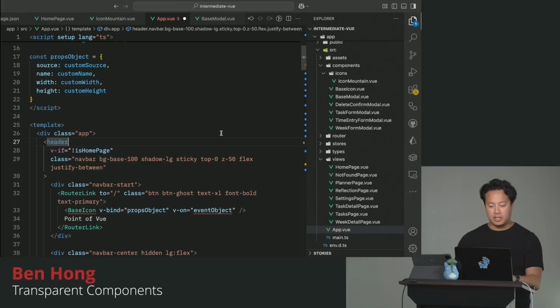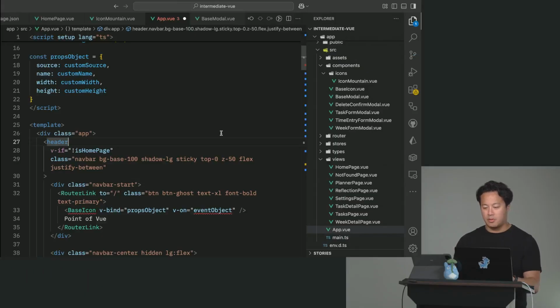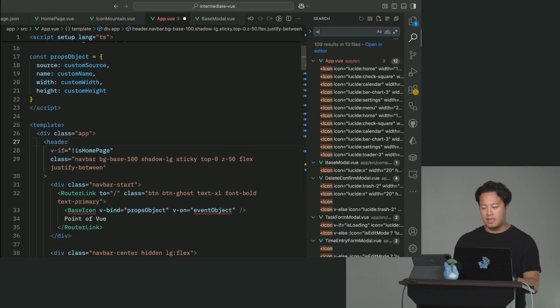Next thing we want to talk about is transparent components. This is where this is going to become actually rather critical. We're going to take a look at our code base. And one of the things you'll notice here is that if you take a look at, say, the input